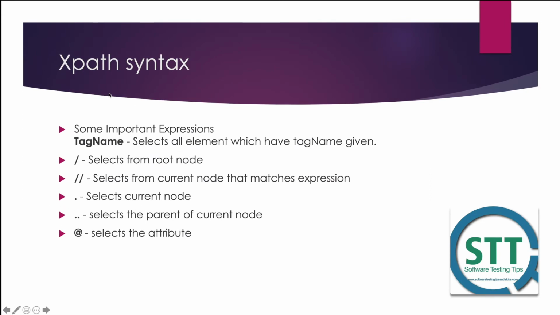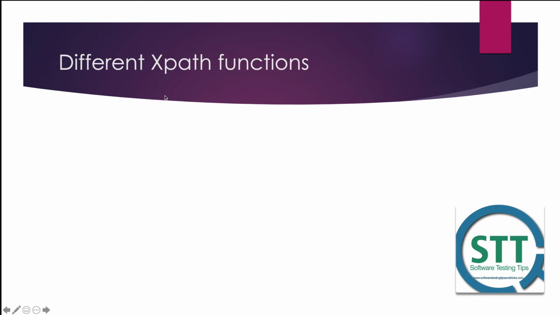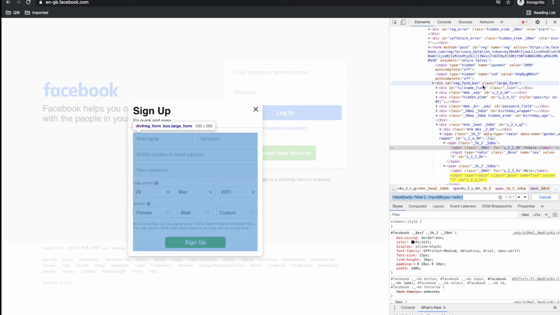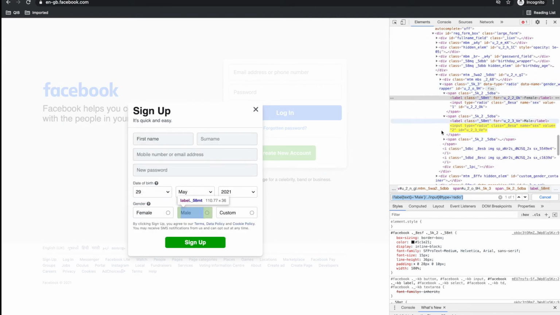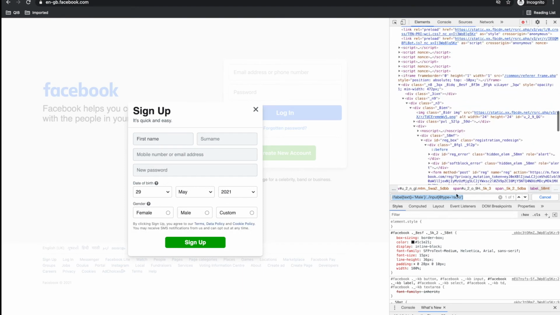So we have seen the syntax with full attributes. Now you can see some different XPath functions. Text we have already seen. You can use contains as well. So here, if a class name has a bigger name, then you can actually use contains. So here